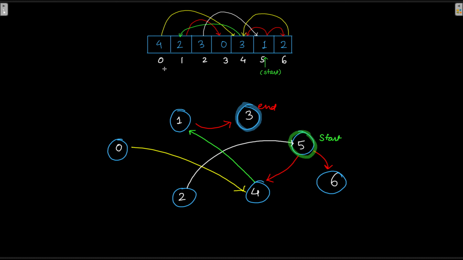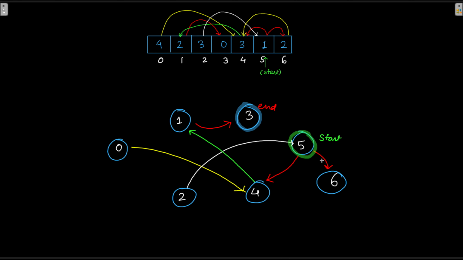But this was just by chance that we started from 0. If you remember, the question was saying we have to start from the given start pointer. So we need to start our search from 5, in place of 0 or 1 or 2 or any other. So let us see how we do that with start. We are at 5 right now. 5 plus 1 is 6, so we can either go to 6 or we can go to 4 because 5 minus 1 is 4.